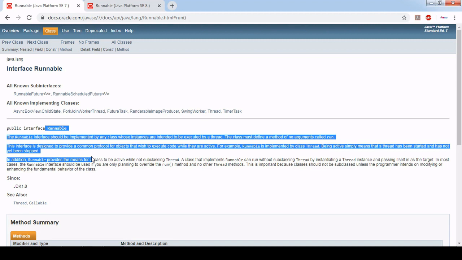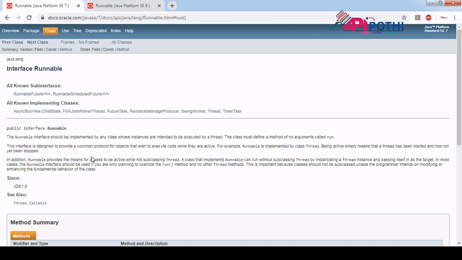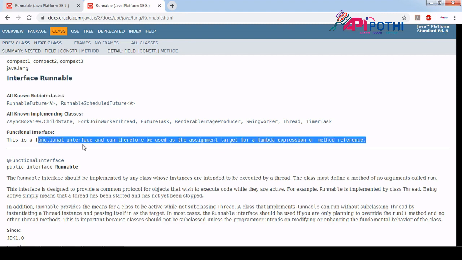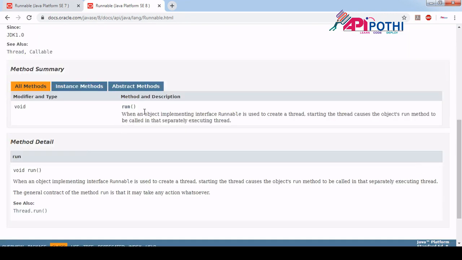The Runnable interface is also called a functional interface, but in the Java 7 documentation there is nothing called a functional interface. But for the same API, meaning the same Runnable interface, if you see the documentation in Java 8, the Runnable interface is called a functional interface, and it has only the same method, the run method.